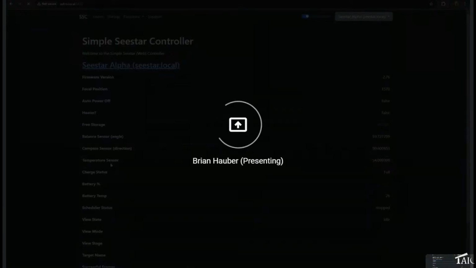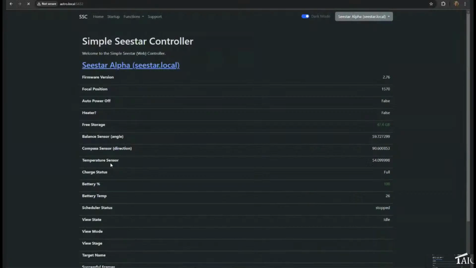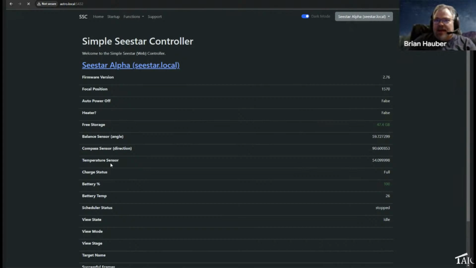All right. So when Kai first released his Seestar ALP, it was all command line based. You would interface with it with a standard JSON type client, and a group of us got together and came up with a web-based front end for it, and this is what we have. This is the screen that'll come up when you first power it up. It'll show you all of the pertinent information about your Seestar. If I had more than one Seestar, they would all be listed here.